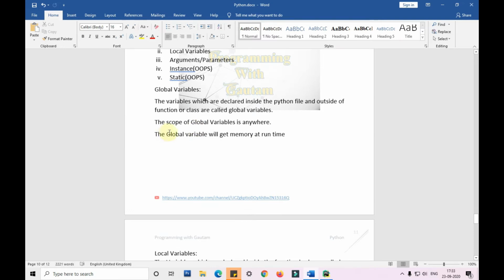So what is a global variable? The variables which are declared inside the Python file and outside of a function or class are called global variables.